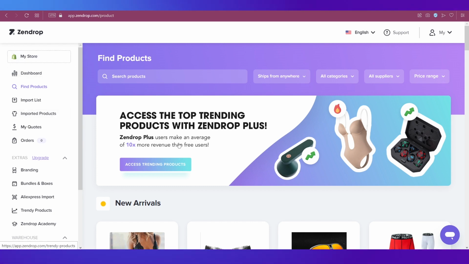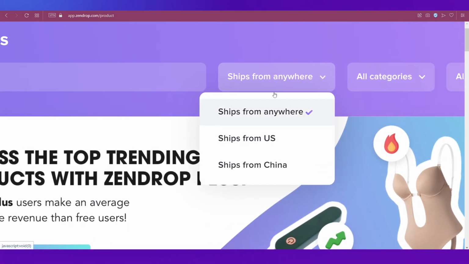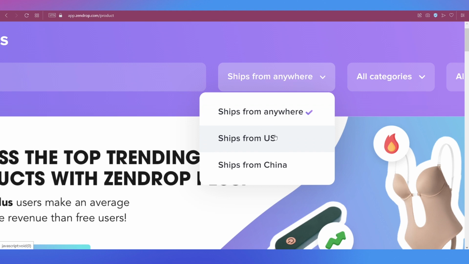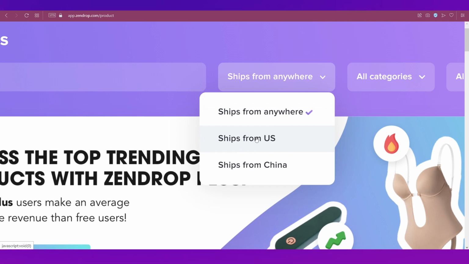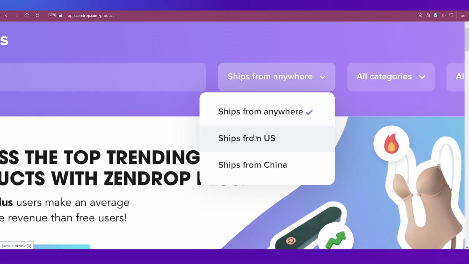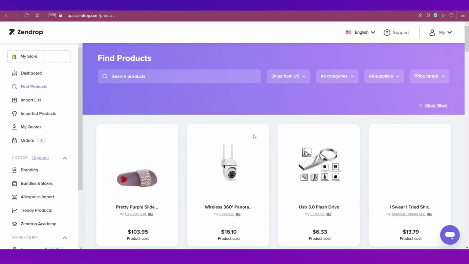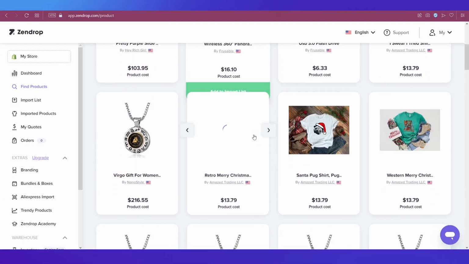And what we need to focus on over here, there are tons and tons of products, but what we need to focus on is where it ships from. And we do need to select ship from US because that's what we are looking for. People in the US can buy from our store. Obviously, we want to save on their shipping charges, and for us as well, we need to get some profit. So let's select ships from US, and then all the products that ship from US